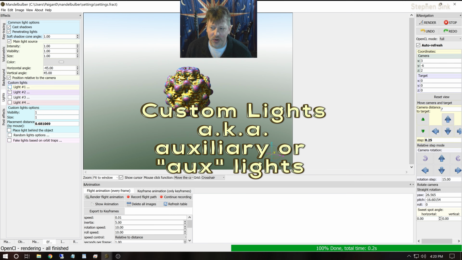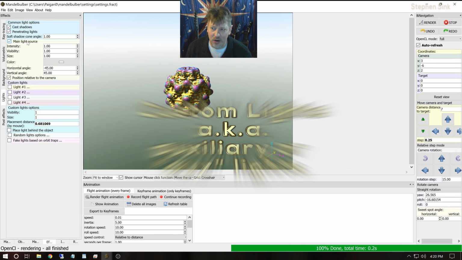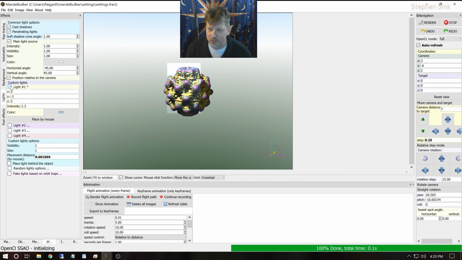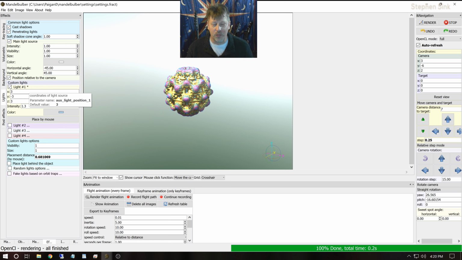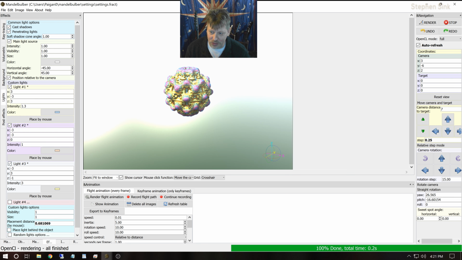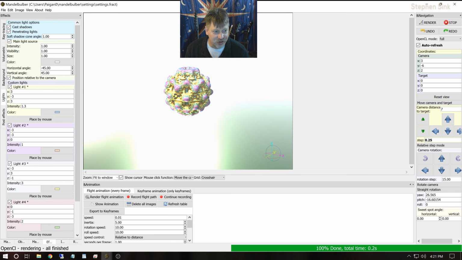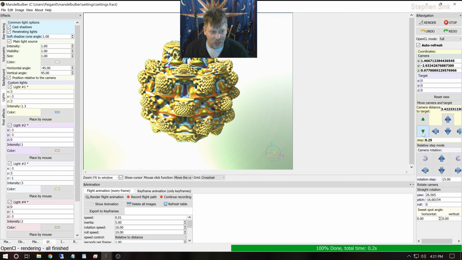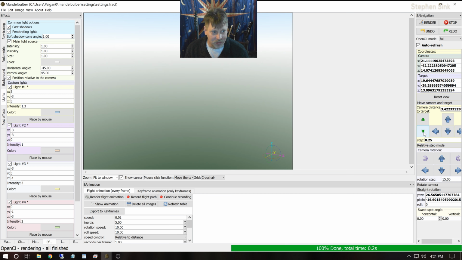So, customized lights. We have the main light that's on. We'll leave all of it at the default. We'll start flipping on custom light. And the custom lights are by default roughly arranged around the fractal at various quadrants. So light 1, you'll notice that it's at 3, -3, 3. If we engage light 2, that's at -3, -3, 0. Light 3, -3, you get the idea. Roughly arranged, and if we pull out a ways here, pull out a long ways,